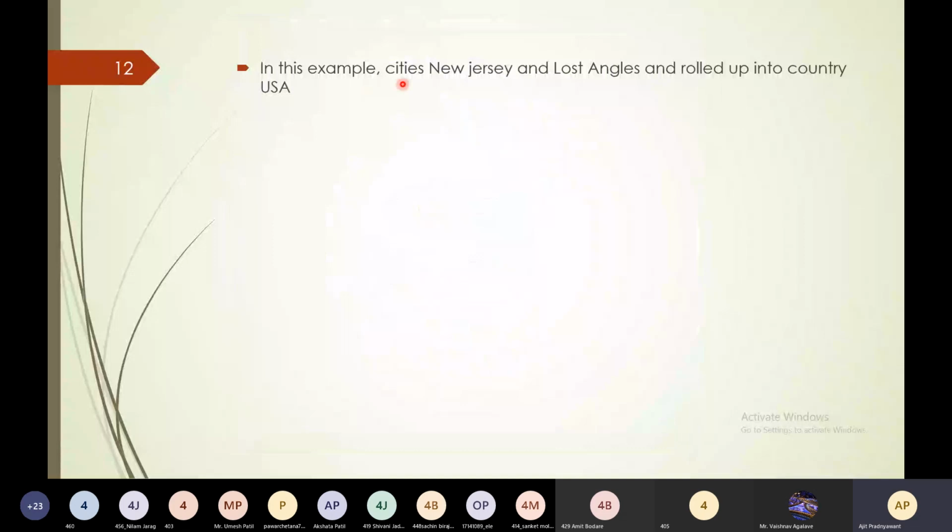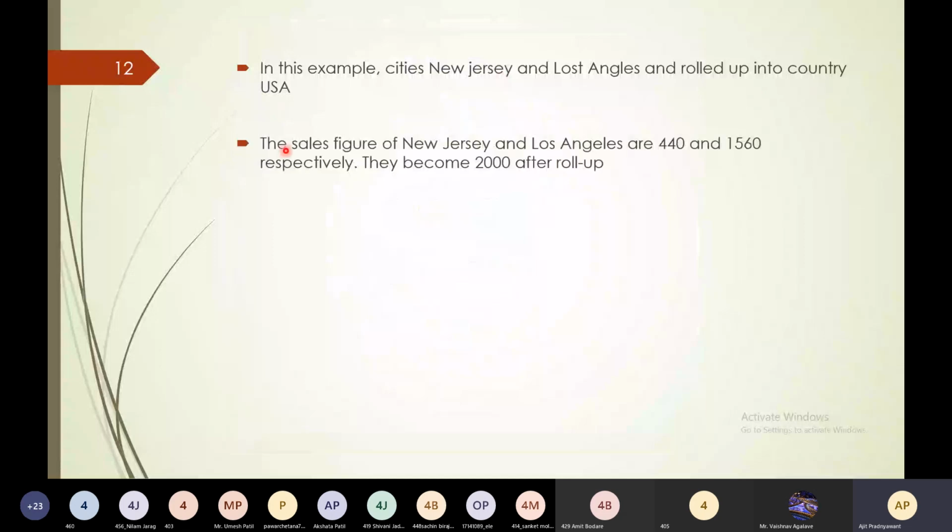In this example, cities New Jersey and Los Angeles are rolled up into the country USA that we have seen just now. The sales figures of New Jersey and Los Angeles are 440 and 1560 respectively. They become 2000 after the roll-up.